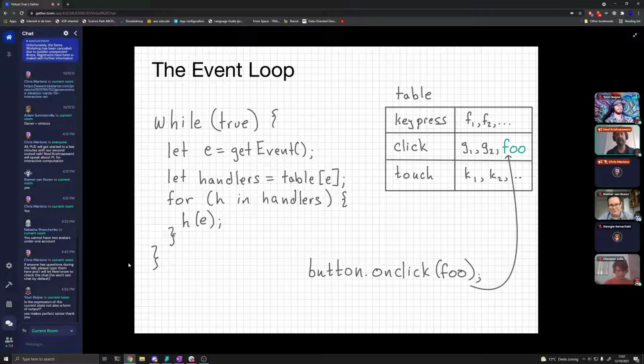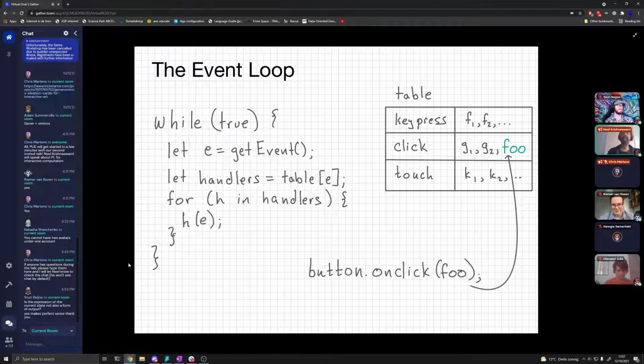In fact, in an actual GUI it's even more complicated than this, because instead of a table it's actually a tree, and events flow up and down this tree. But that wouldn't fit on the slide, so that's not what goes here. Okay, so we have this event loop, and what the event loop does varies dynamically.